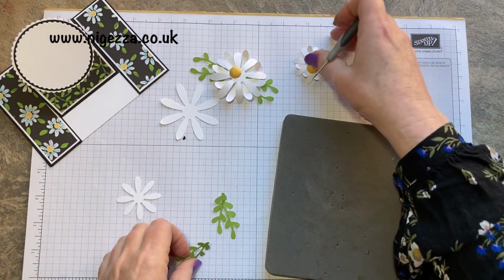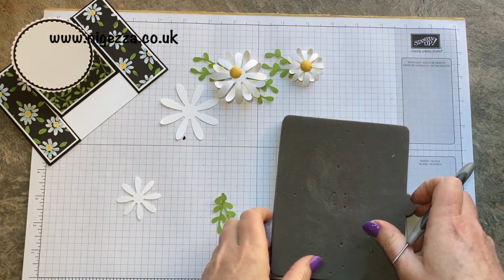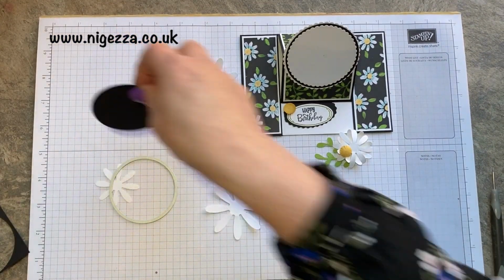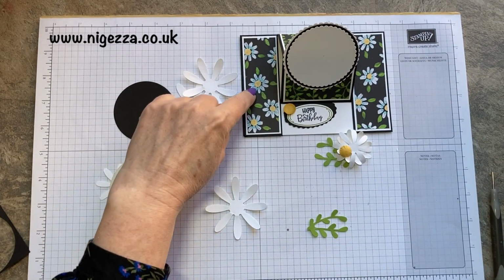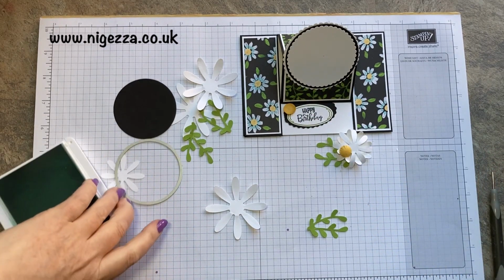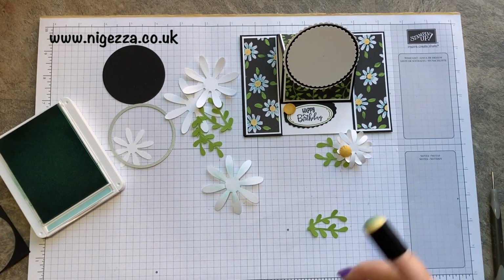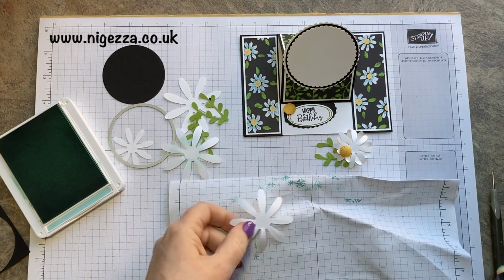So I am definitely thinking about changing that to black. So I've cut a black circle out that I can use on there if I decide to, and these have got bits of blue in them. So I've got a little sponge dauber, and I've got my pool party, and I have started doing a little bit of sponging around them daisies so they look even more